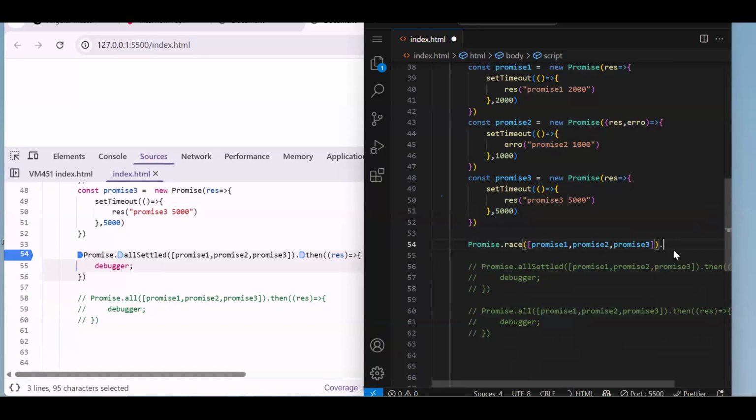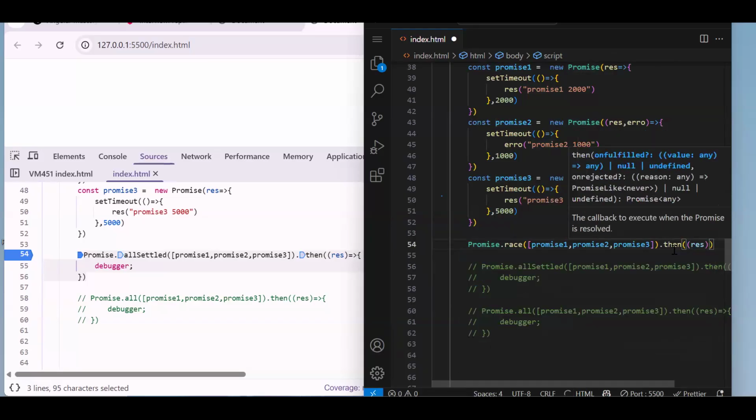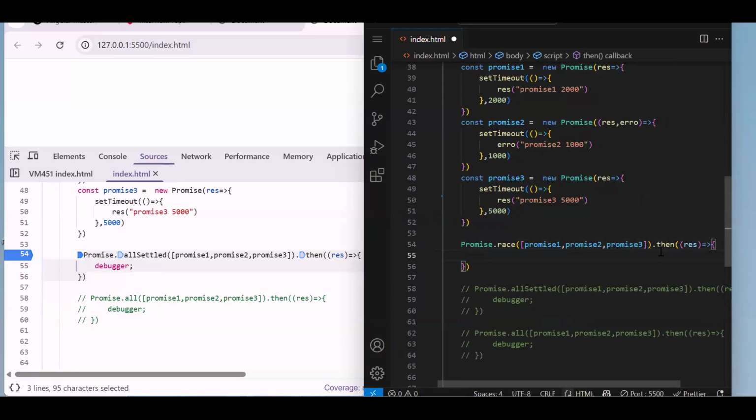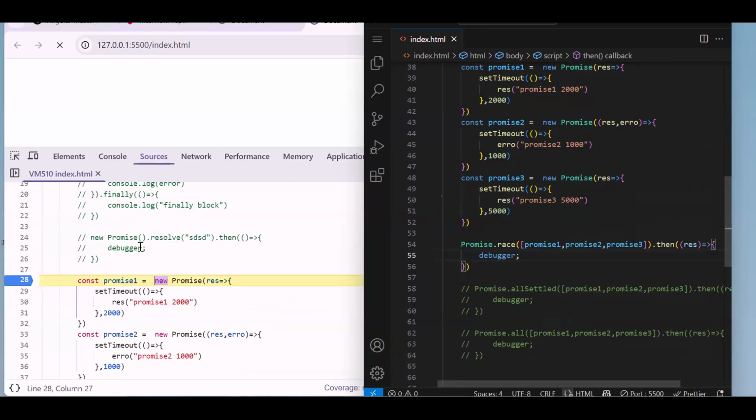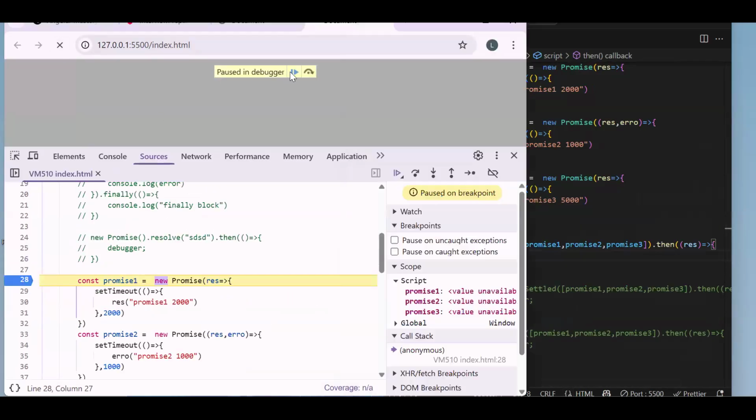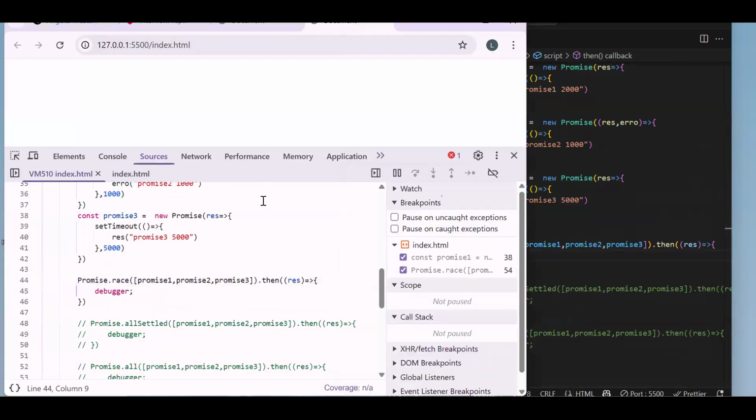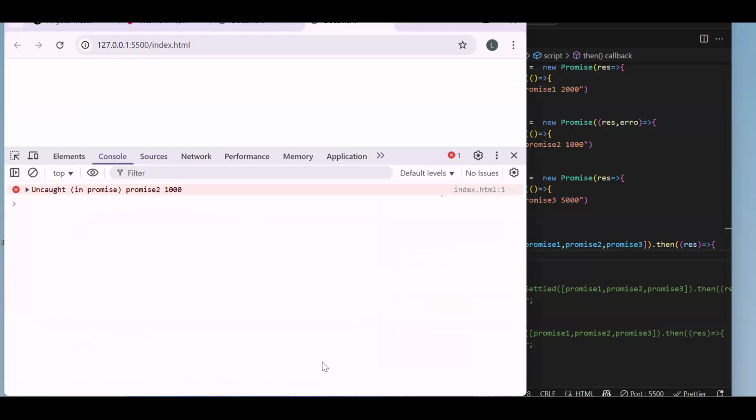Dot then, result. Let's save, continue. Wait, something. Okay, that other promise got